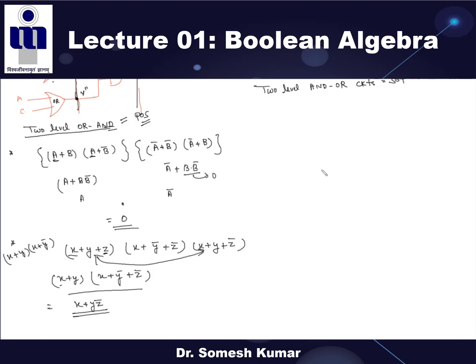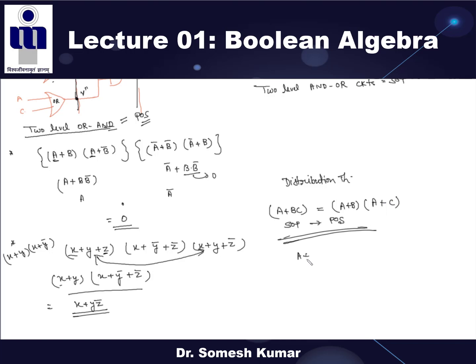Okay, now I am going to tell one more theorem, that is called the distribution theorem. Can you please tell me the distribution theorem? If there are three variables in the form a plus b dot c, then we can write it in the distributed form a plus b into a plus c, right? Or we can say this is SOP to POS conversion. This is your distribution theorem. A special name is given and that name is called the distribution theorem. Clear?